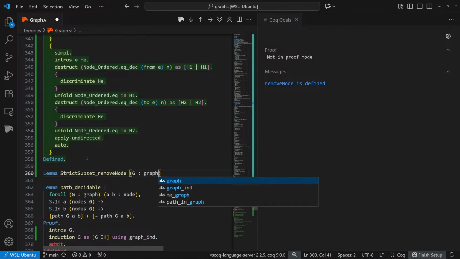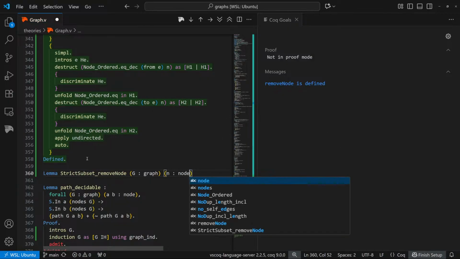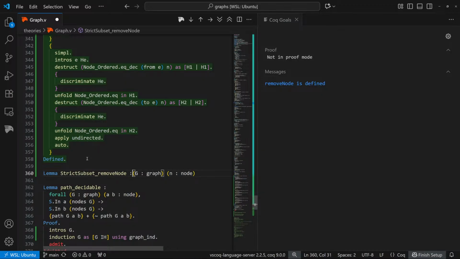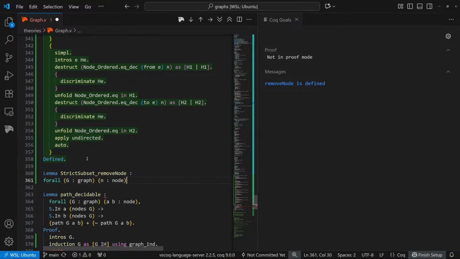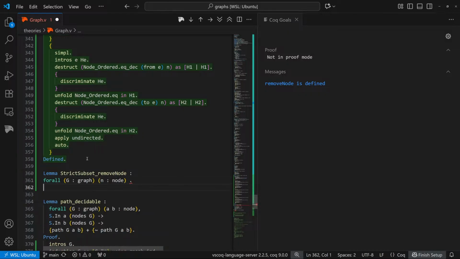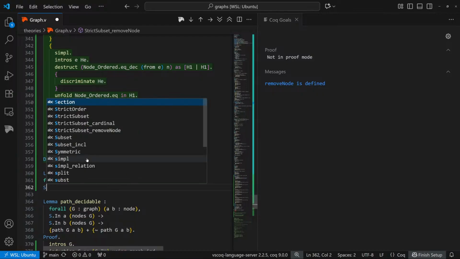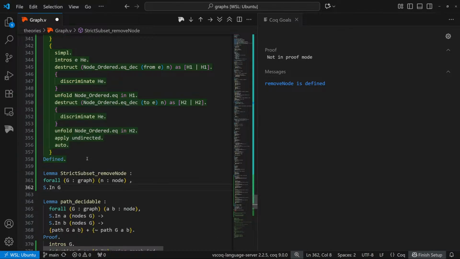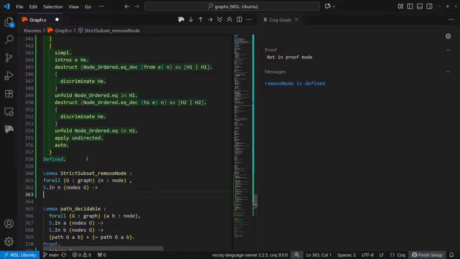So for any graph G and a node N, I guess we should take these as hypotheses: if we know that the s.bin nodes of G, so we are actually removing something, then the strict subset